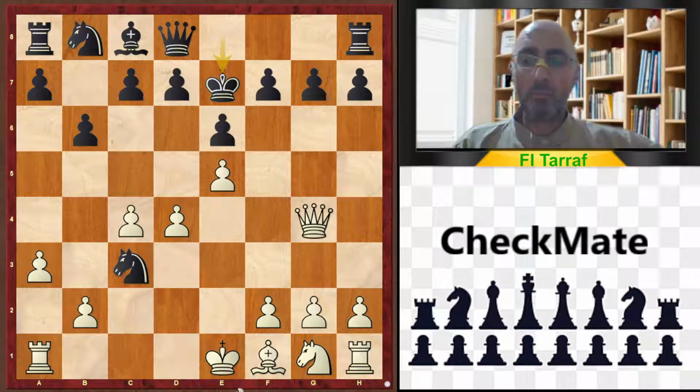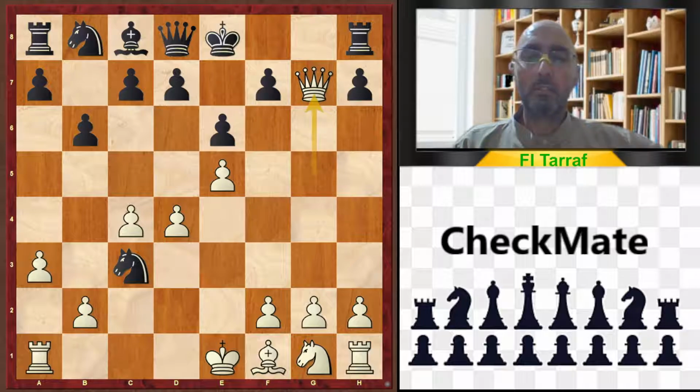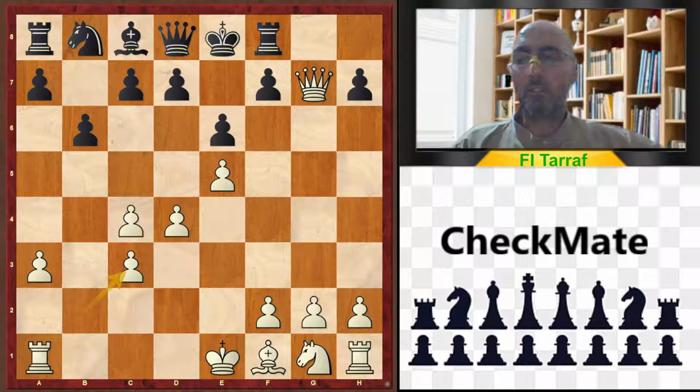In the game, black also made another mistake, king takes e7. This is a bad move. Queen g5 check, king e8, and queen to g7, attacking the rook. Rook to f8 and pawn takes c3, and now white is a pawn up. Queen to h4,